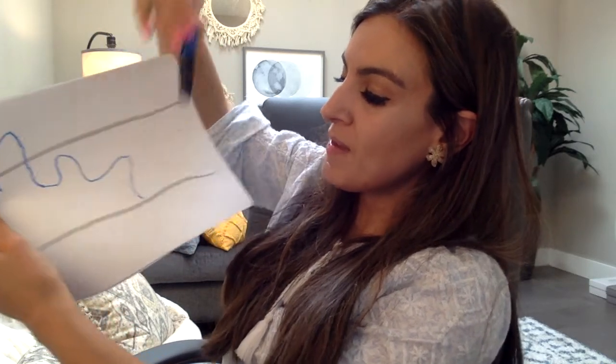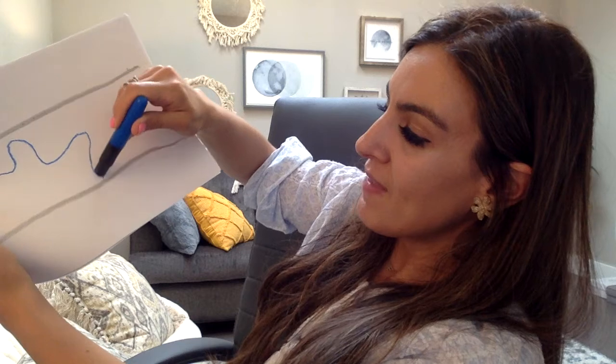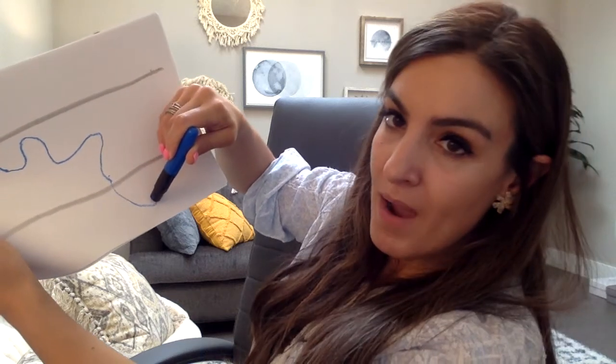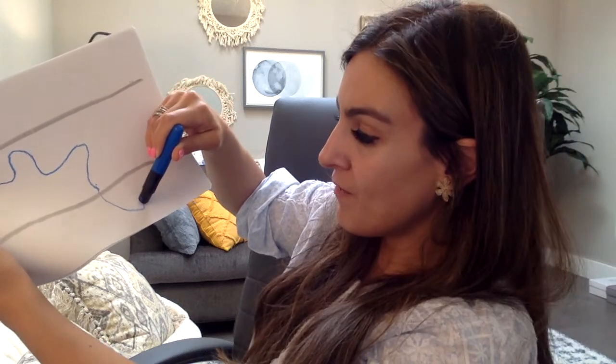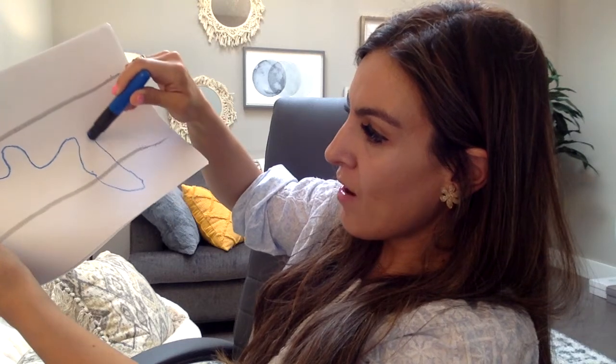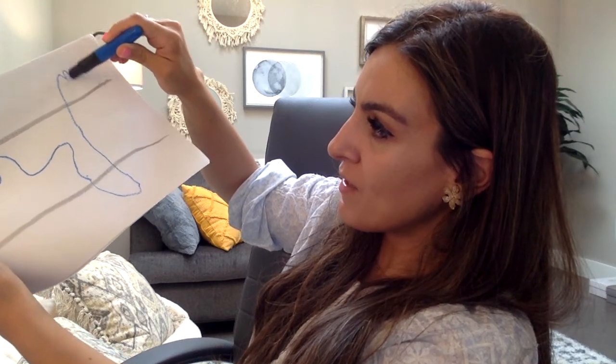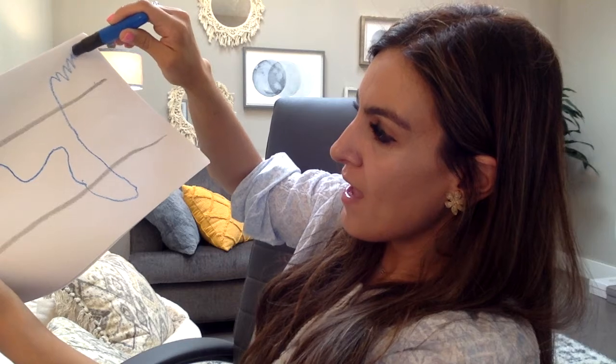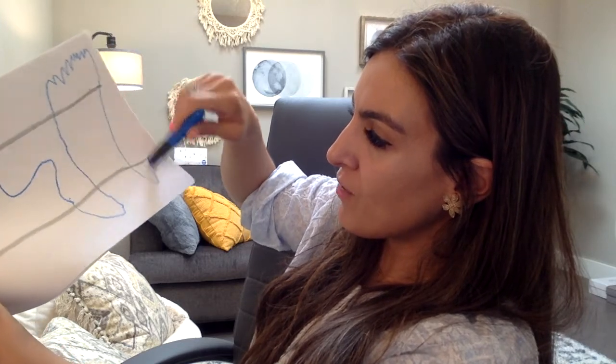6 p.m. comes, I'm going through this very easily, right? And then I feel really depressed because I think about my marriage or I think about whatever's going on and I feel inadequate. And then I come back up here and then I go to sleep. I feel really anxious. This is where I drink alcohol. And then I go to sleep and I numb myself and I kind of go down here.